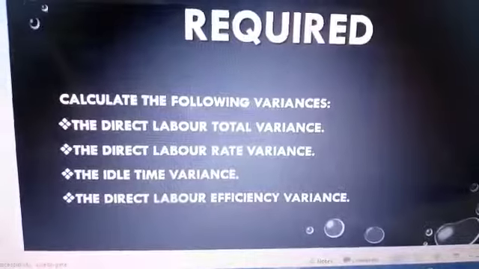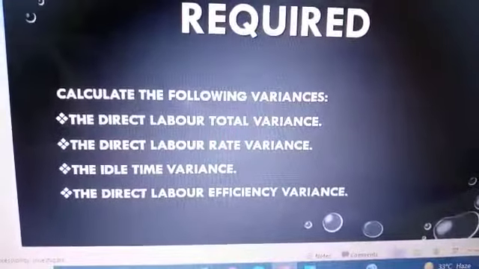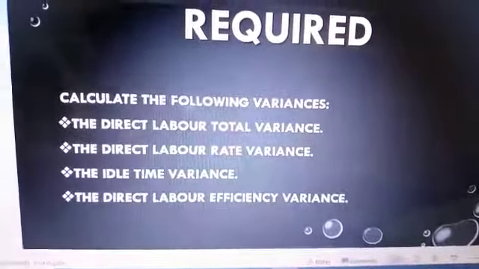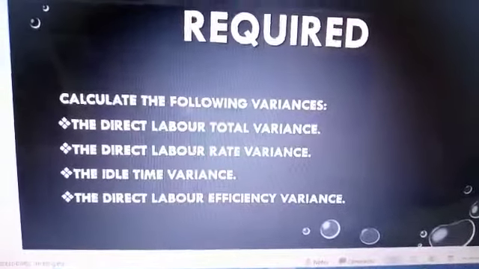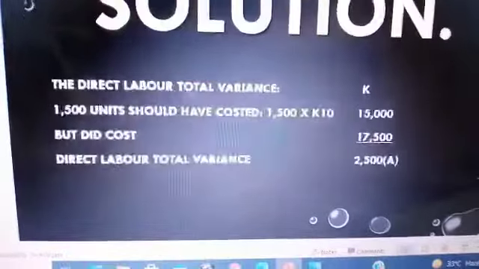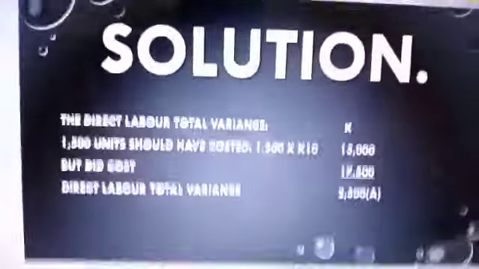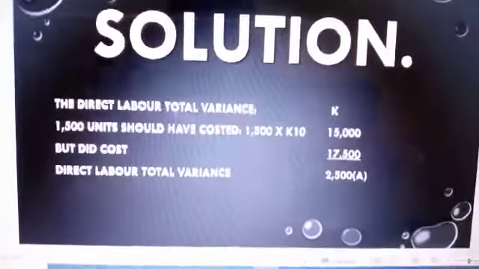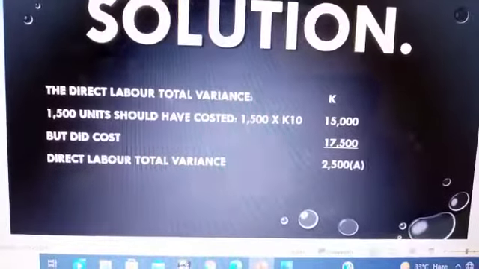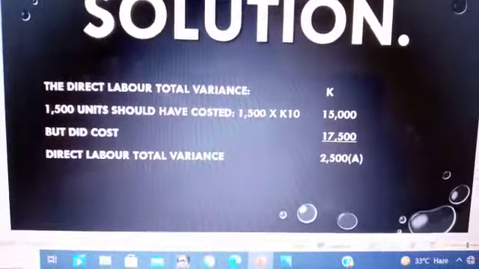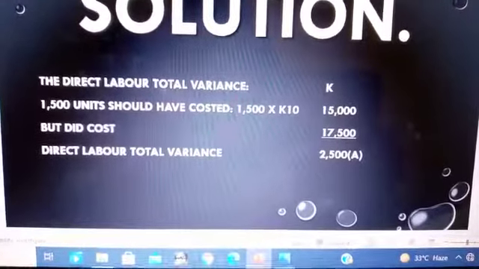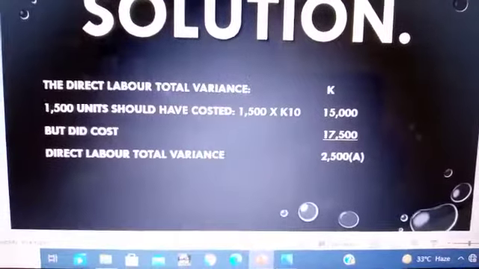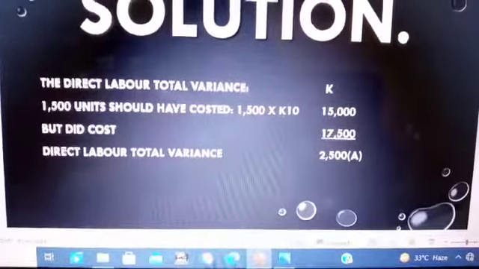Required, calculate the following variances: the direct labor total variance, the direct labor rate variance, the idle time variance, and the direct labor efficiency variance. Now, the computations are very similar. Variances is about comparison. When you look at the direct labor total variance, you are looking at 1,500 hours, which should have costed 1.5 by 10 kwacha per unit, 15, but you spent that, and the difference